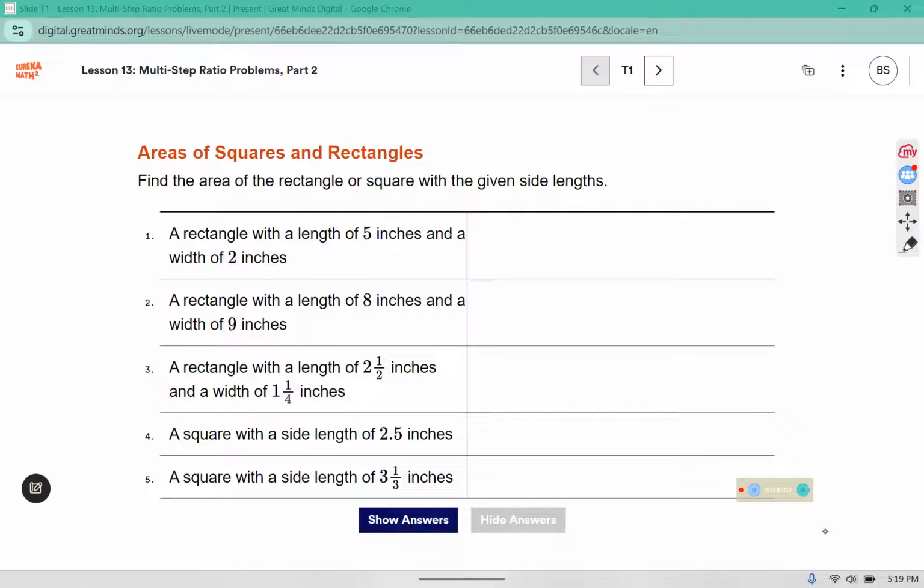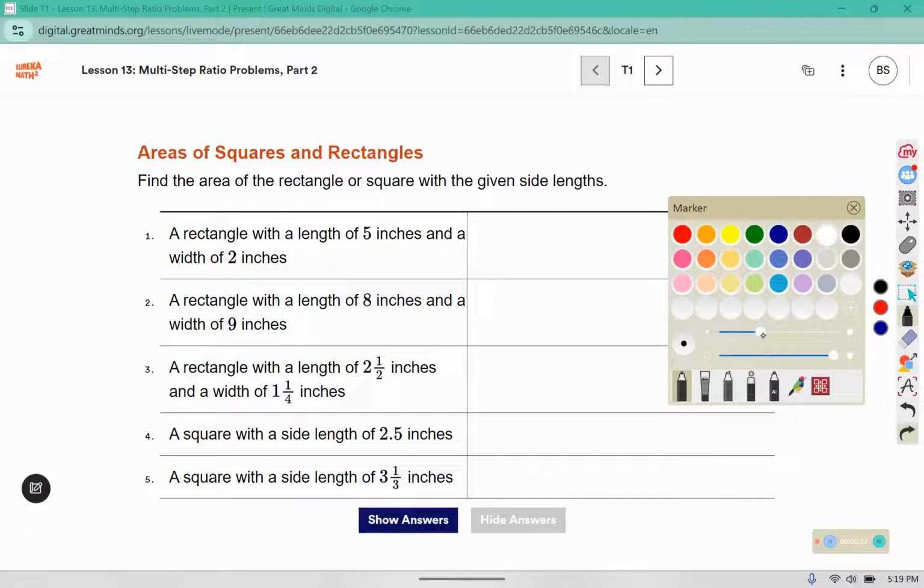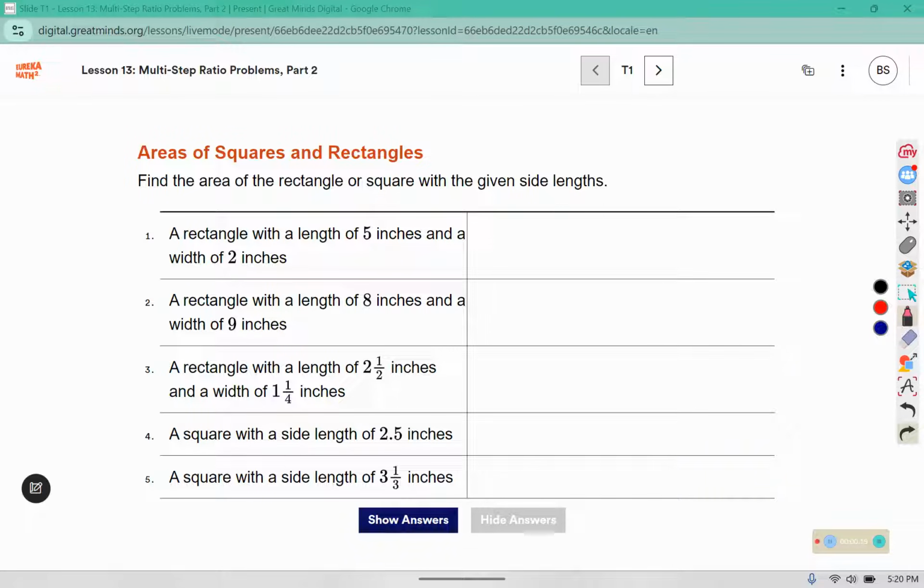We are finding the area of rectangles and squares with the provided side lengths. Here I have a square with a side length of 3 1/3. Remember, we can multiply. 3 times 3 is 9, plus 1 more makes 10. So this would be 10/3. It's a square, so the other side is also 10/3, giving us an area of